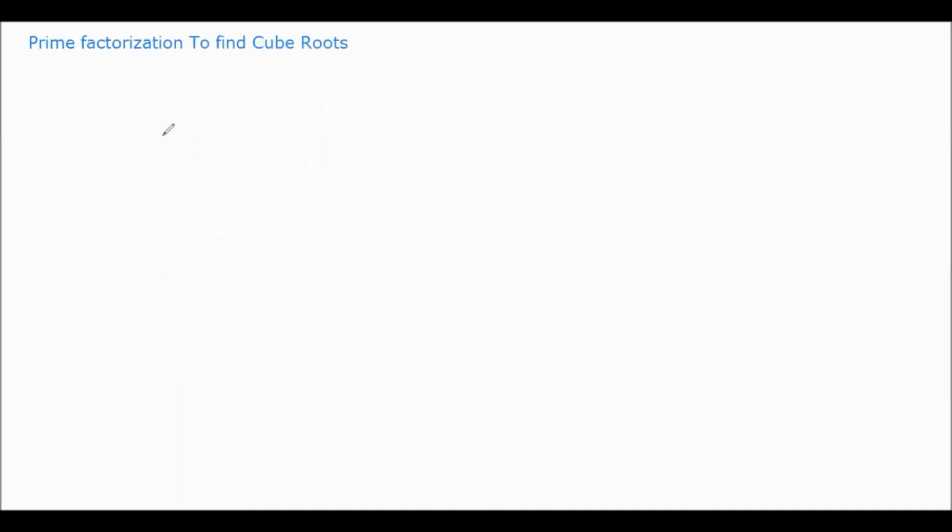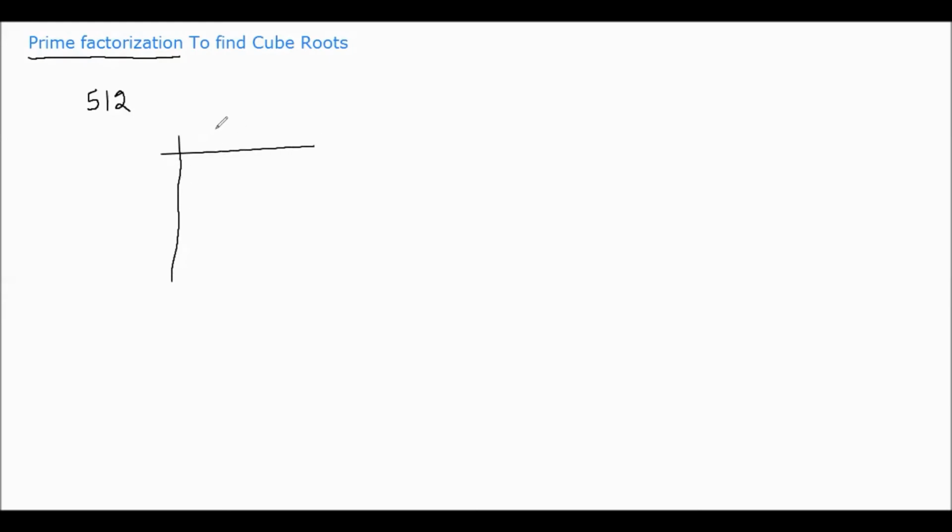So next, how to find the cube roots of a given number. The first method is the prime factorization method. Now this prime factorization was in the square and square roots also, but what is the difference between these two methods? To find the cube roots, we have to make a pair of 3, but in square and square roots, we were using the pair of 2. So let me show you an example. I'm taking one number, 512. If I want to find its cube root, I'll start with the prime factorization method.